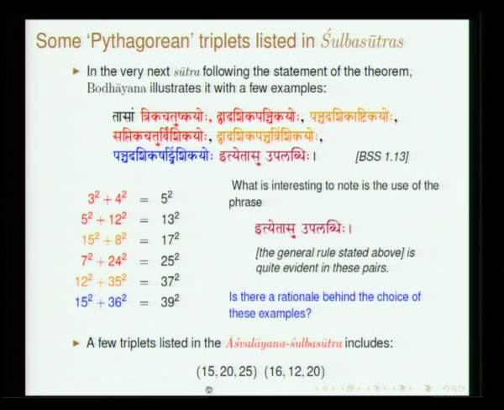The Ashwarayana Sutra gives a couple of other triplets. I am just listing them, and one could ask the question as to why he chose only these triplets. There are so many triplets which can be constructed. So one can think that perhaps the Sulvakaras thought of a certain general formula, and plugging in certain values you will be able to get those triplets. That is what I will show you in the next couple of minutes.